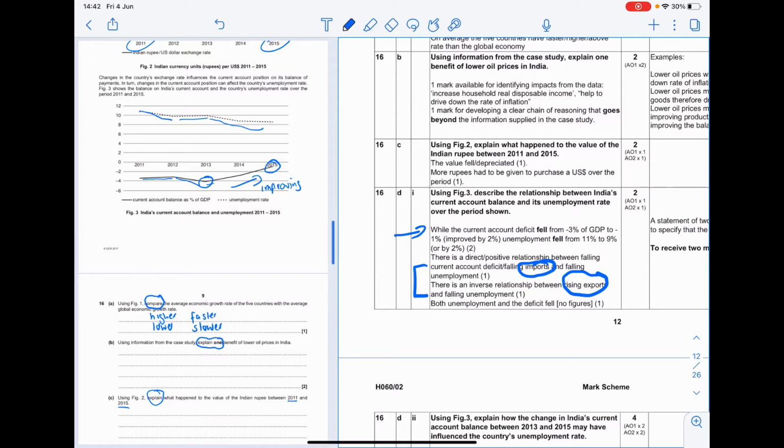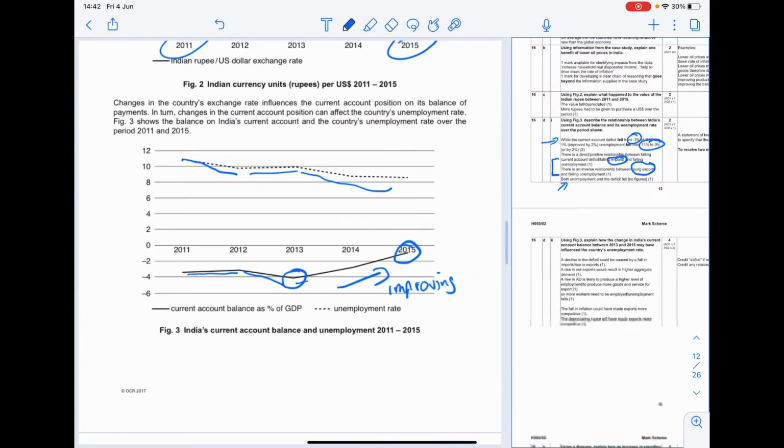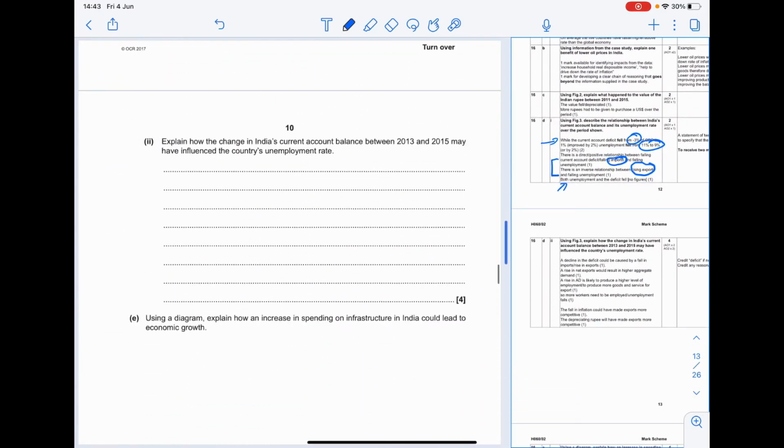Here it says both unemployment and the deficit fell, but if you don't give any figures, then you'd only get 1 mark. So put in some figures like they have here. They've said what it's changed from and to. And if we go to the next question,